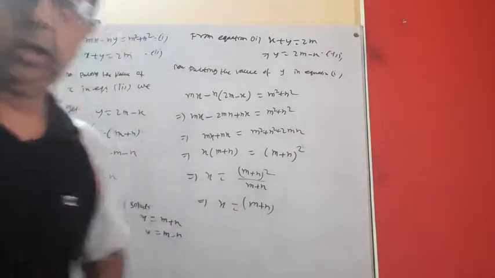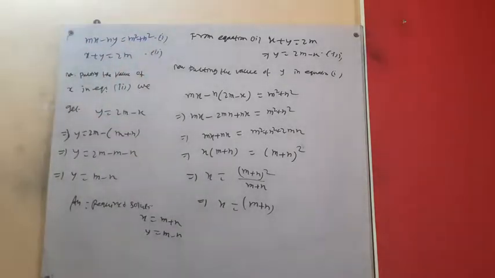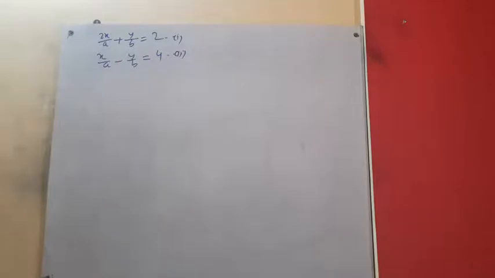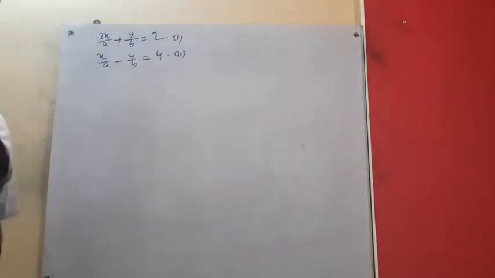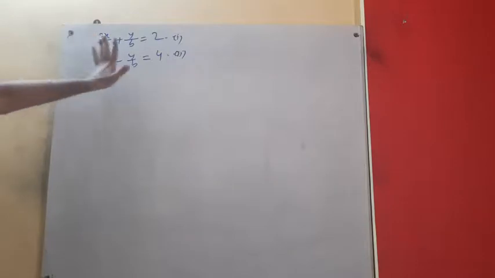Okay. Look, this is another type of equation. Two equations are in fraction form. If it is asked any method, we can go for simple elimination, because adding this, plus y by b minus y by b will be subtracted. That will be cancelled and we'll get the value of x.